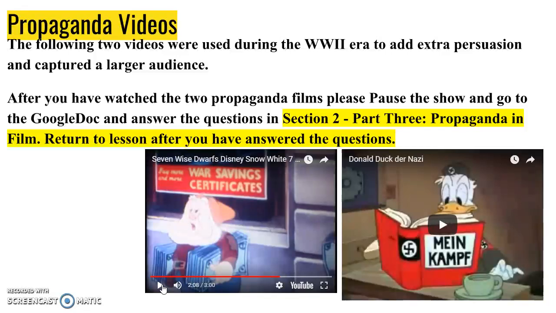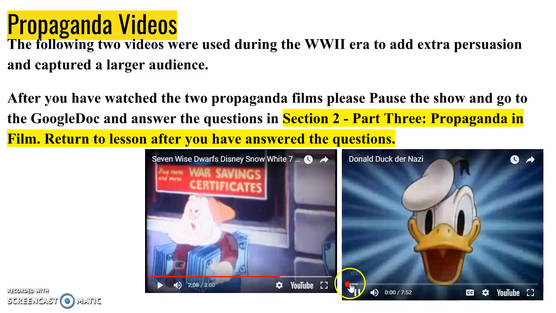Now, if you didn't notice, you had the 7 wise dwarfs there take their gems from their mine and went to the post office to buy war saving certificates. You can see the actual war saving certificate here in the post office window. This was just a way for individuals to be more persuaded to support the war and buying war bonds and war saving certificates. Now here we're going to take a look at Donald Duck and their portrayal of the